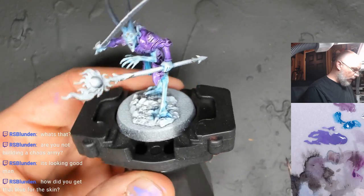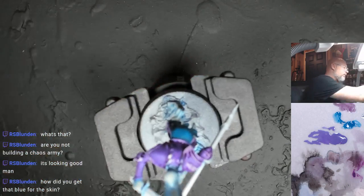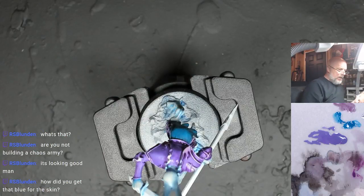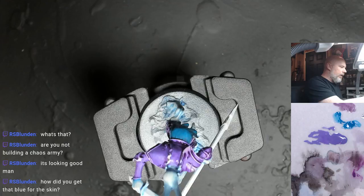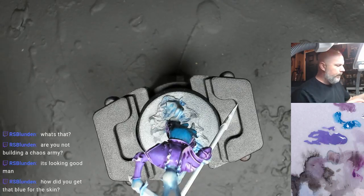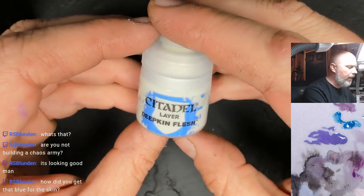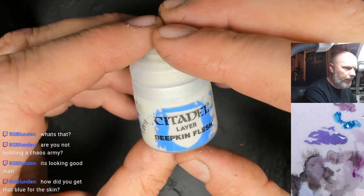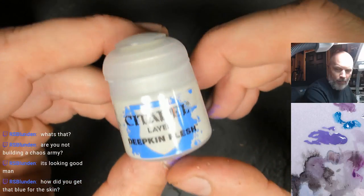And there we are. For the blue, I started with, let me go back over it real quick before I cash out here. I started with Deepkin Flesh, which is their new color that came out with those new sea elves. I can't remember their name right now. So I started with Deepkin Flesh